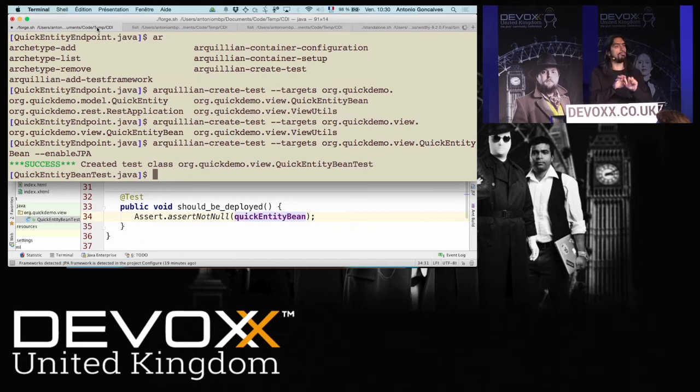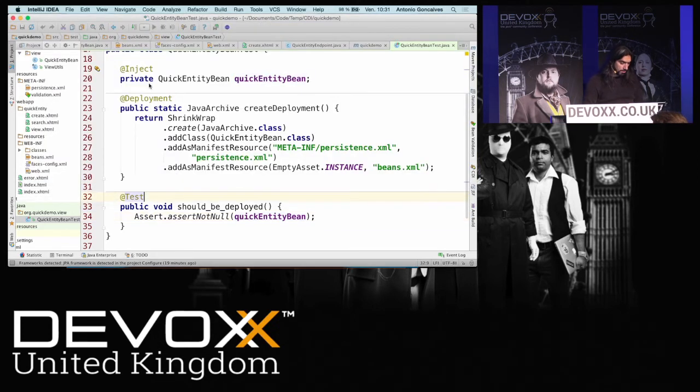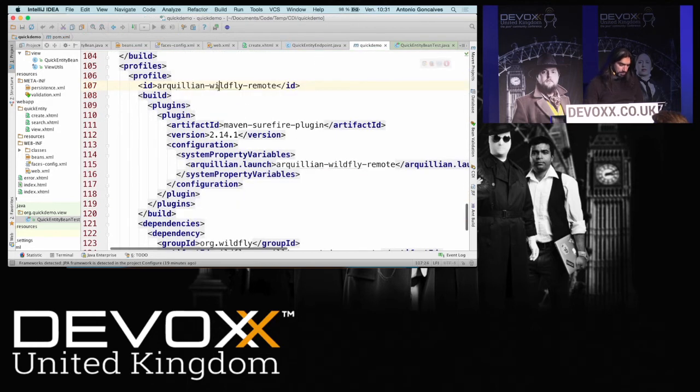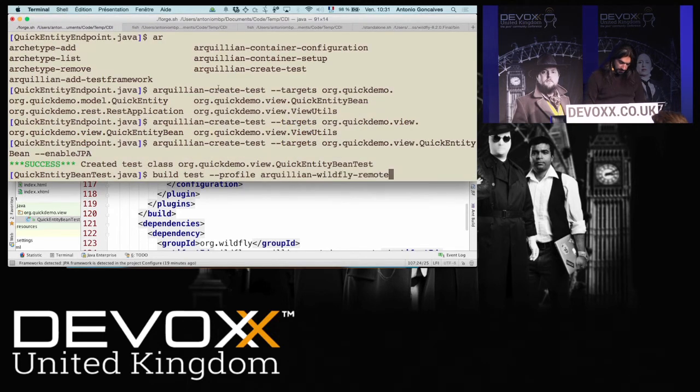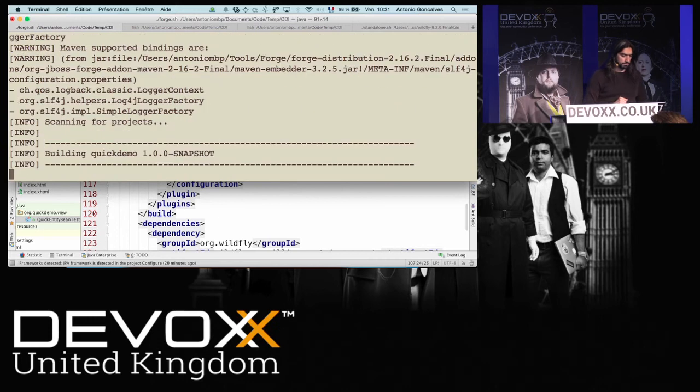I can do a Maven test and the profile, but I can also use this build command. So build test will actually call a Maven test. The only thing I need to tell it is the profile in the pom.xml, this one, okay? So if I give it the profile name,